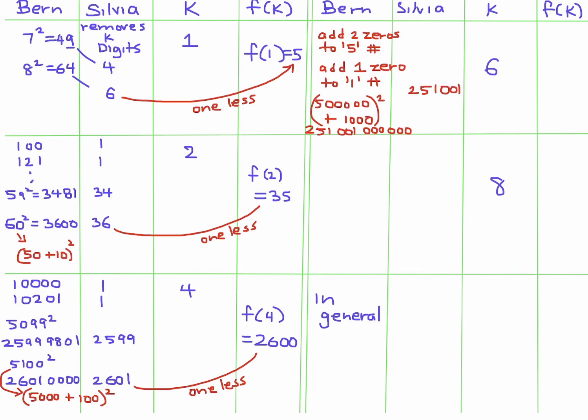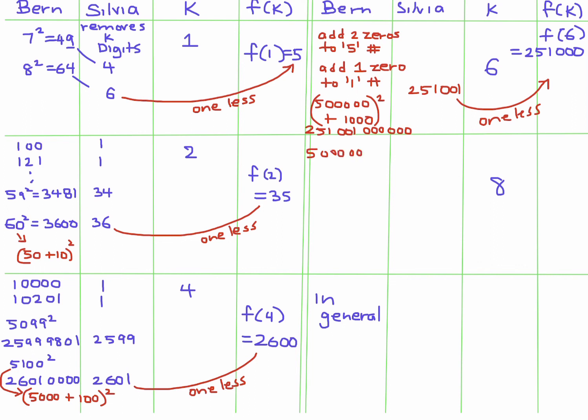251,001. And f at k is always 1 less. So f at k, in this case, f at 6 we're really talking about, is going to be 1 less than that number. So that would be 251,000. Right? Okay. All right, let's do one more. And I think one more is enough. Again, use this pattern. And when I do, I will get the last perfect square in this list to be